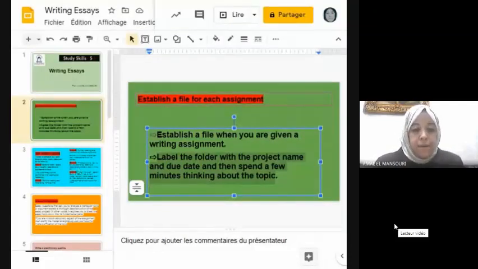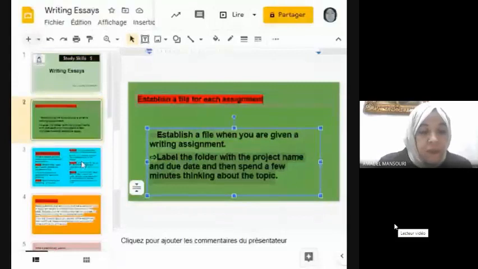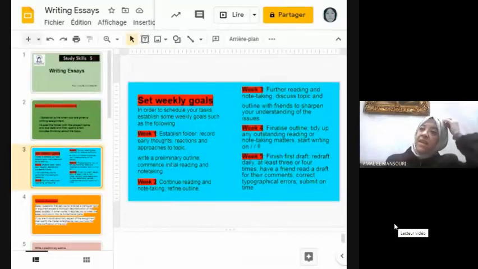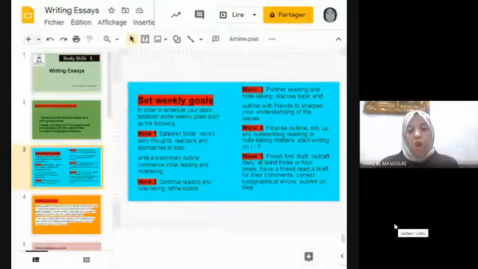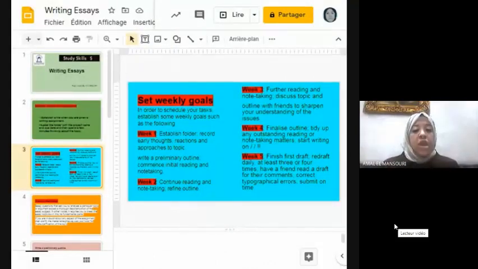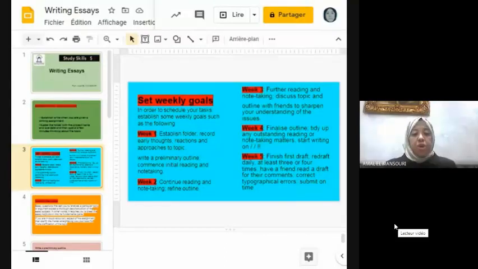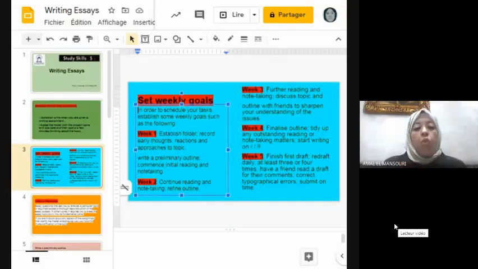So before starting to write, you can make or set weekly goals. So let's say that you are asked to write an essay or a research paper. You have to set weekly goals, especially if you still have enough time to submit your paper. So in order to schedule your tasks, establish some weekly goals such as the following.